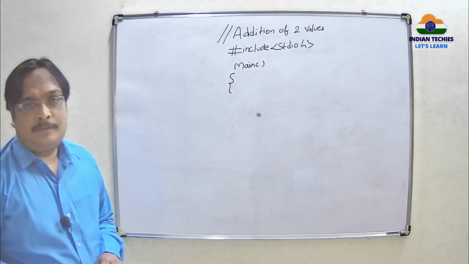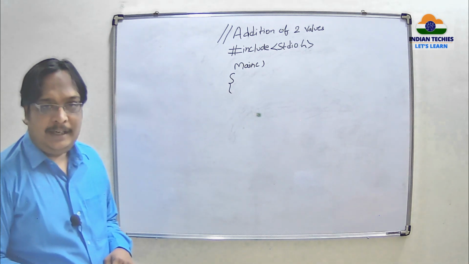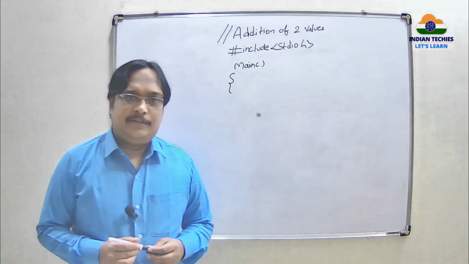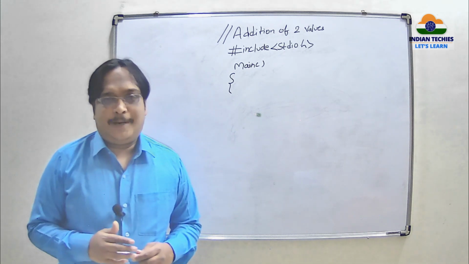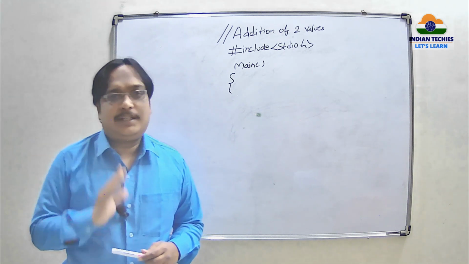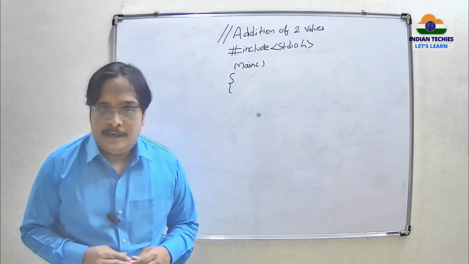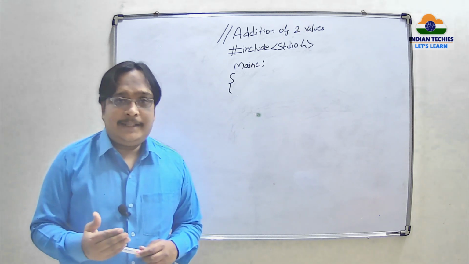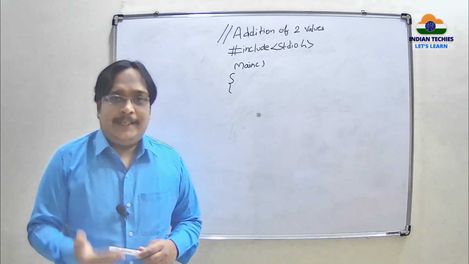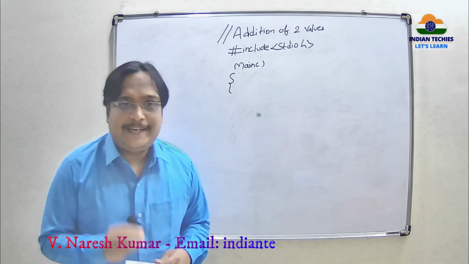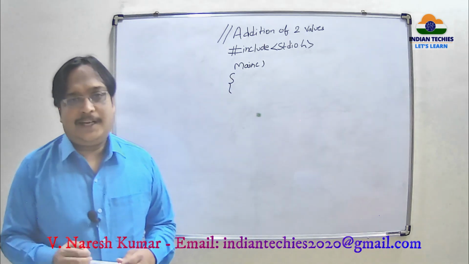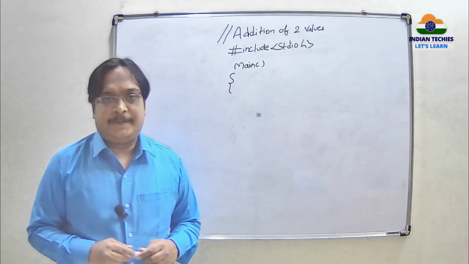Open main. Now, inside main, what is our program right now? You have to perform addition of two numbers. If you want to add two values, you should store the result somewhere else, right? Now, I need totally three values to store. For storing a normal integer number, we have a data type called integer.